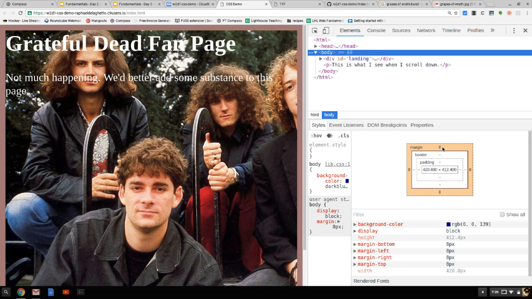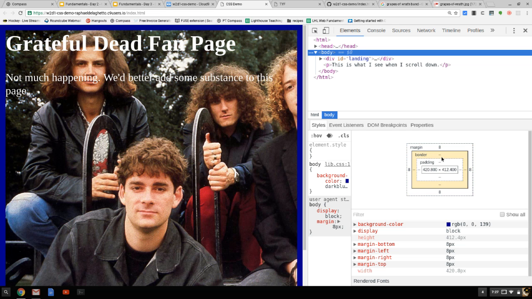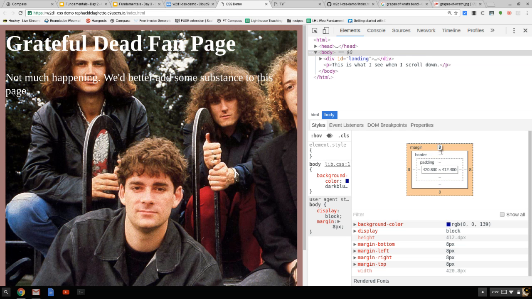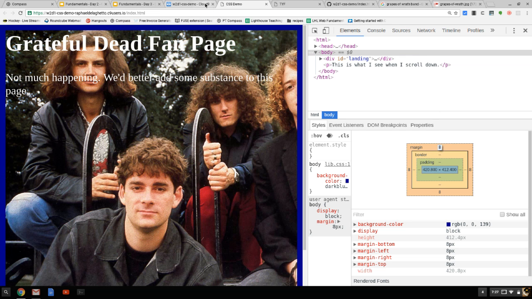If I set one of these values, maybe the margin, what's the margin at? I can't even read that. The margin's at 8. If I set it to 0, that blue box should disappear. Kind of guessing. So we come back